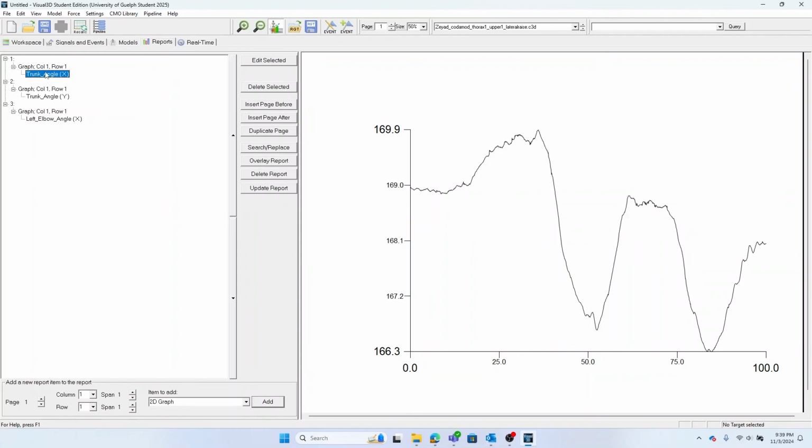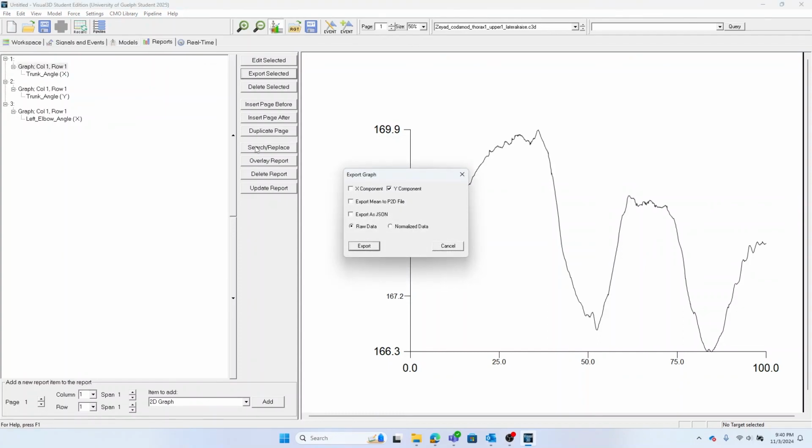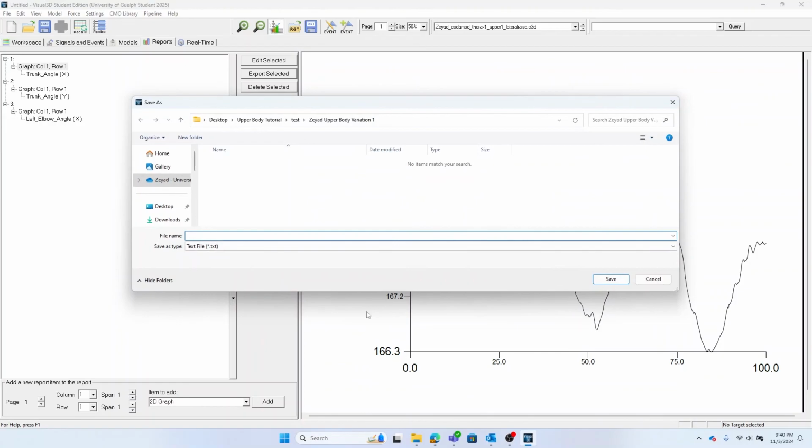So to do this, what I'll do is I'll click on, you should actually click on this guy, not this one. Okay. I think both of them should work, but I like to stay consistent. So I'll click on here. I'll click export selected. And then here, keep this as it is. Don't change anything here. And click export. And this is going to ask you for what name this txt file should be called. I'll call this trunk